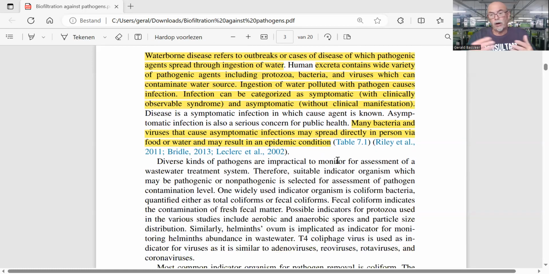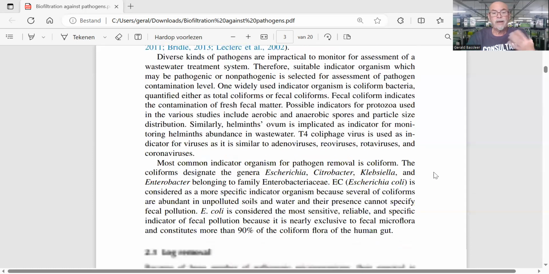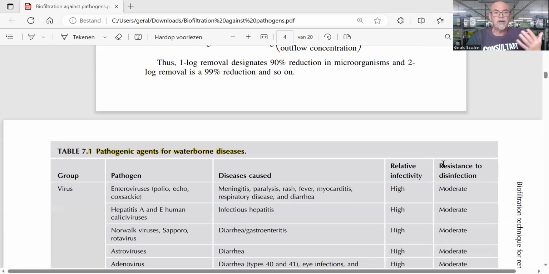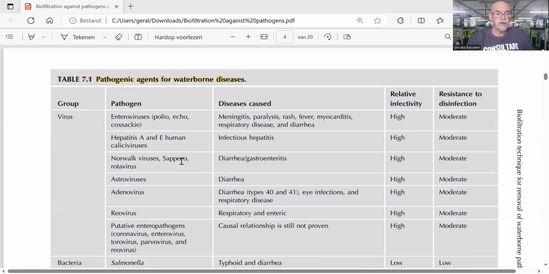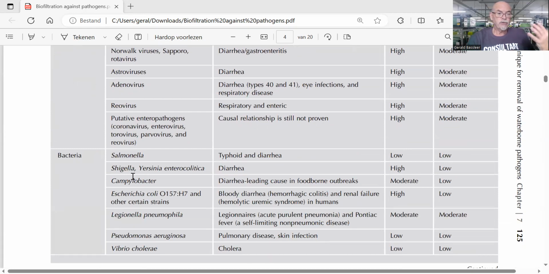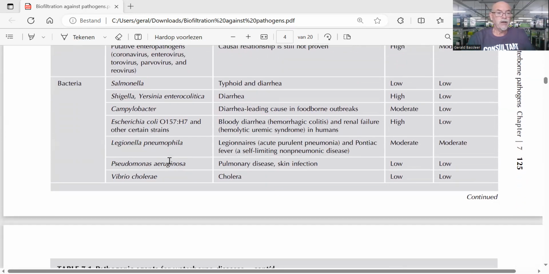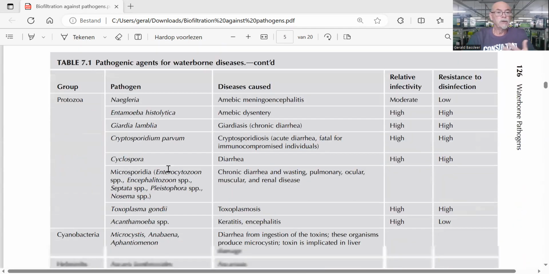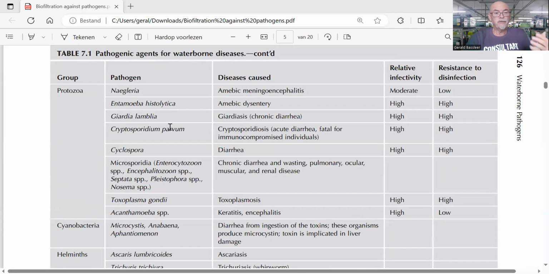And this study is done on wastewater from humans and fecal matter or excreta from humans, and what risk it can cause in drinking water. But anyway, this study can help us to understand what it means for our aquaria. Here they talk about pathogenic agents for waterborne diseases. That are viruses for humans like hepatitis or reovirus, or bacteria like salmonella or legionella, vibrio, protozoa, the giardia, for example,